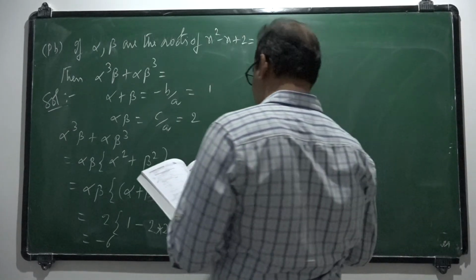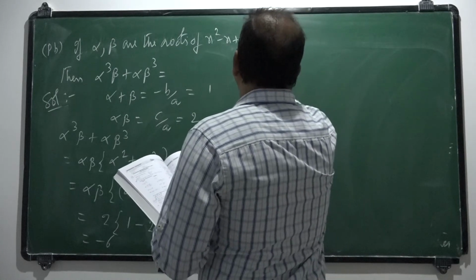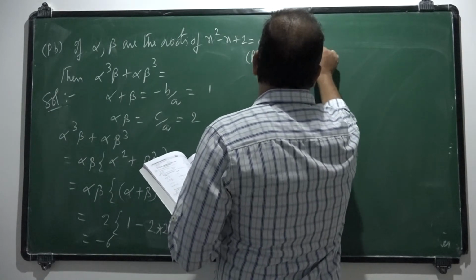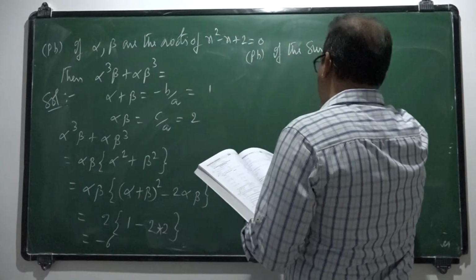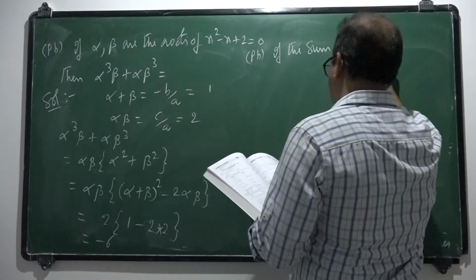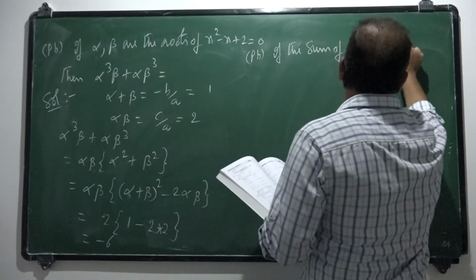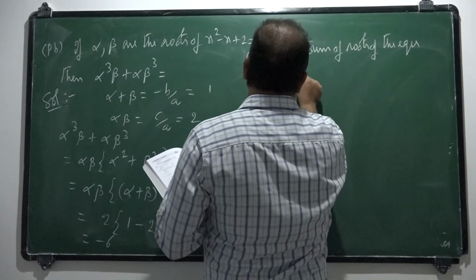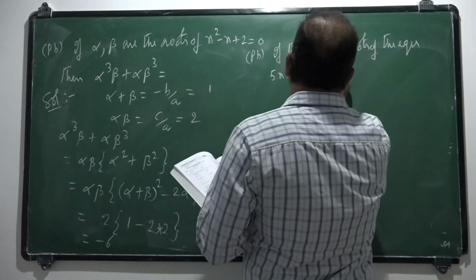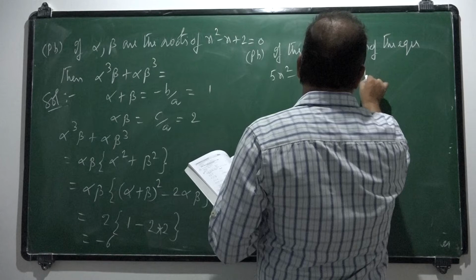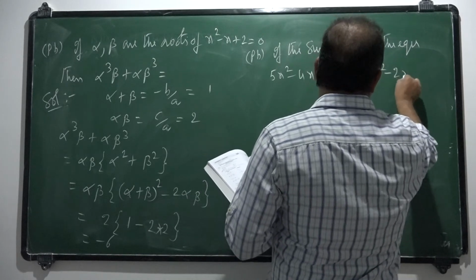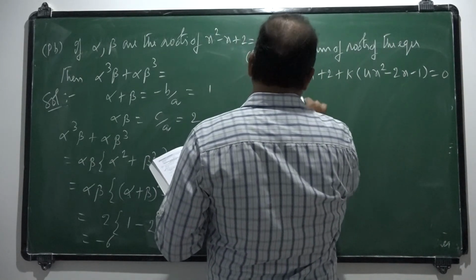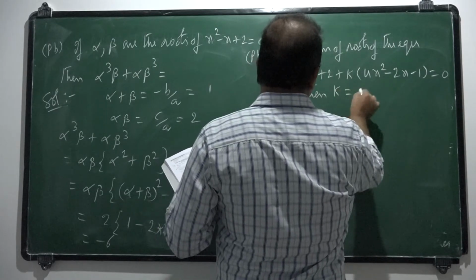Next, if the sum of the roots of the equation 5x square minus 4x plus 2 plus k into 4x square minus 2x minus 1 is equal to 0 is 6, then k is equal to